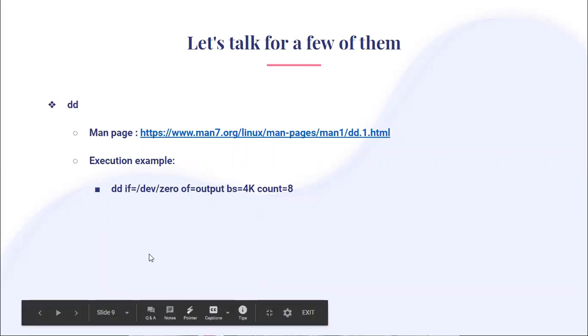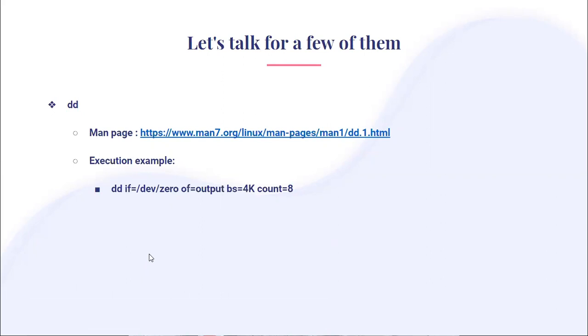It is very simple. It's basically used to copy data and dump data. Majorly, it is used for creating a sparse file. When I say sparse file, if you're not aware, it's a file which has nulls inside it. It's not an actual text file which has data written from the first block to the end of the file size. It is not like that. Whenever you create a sparse file, it simply creates a file and allocates the space to that file, although we don't have any data inside it.